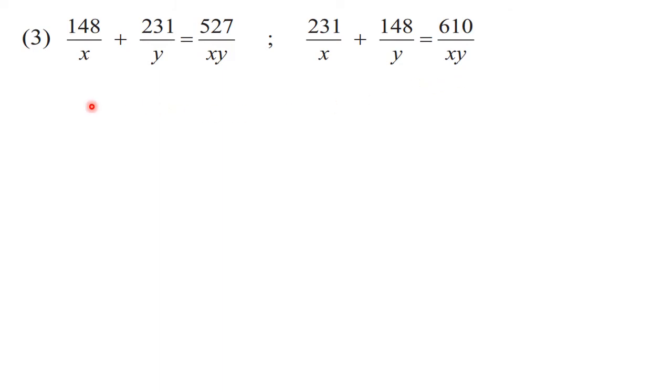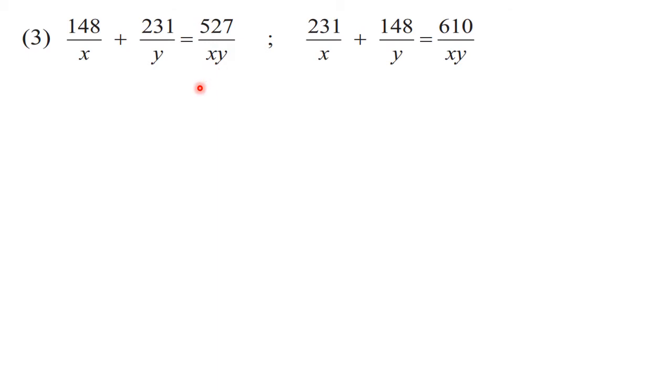Now, how are these equations different? Let us see here. What we can observe is that the variables are in the denominator. But in the previous examples, the variables were only on the left hand side. Here, the variables are present on the right hand side also, and they are present in multiplication form, that is xy as a single term. Here they are present as separate terms, but there they are present as a single term.